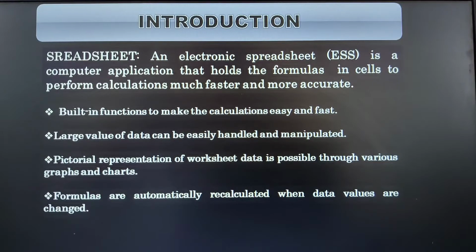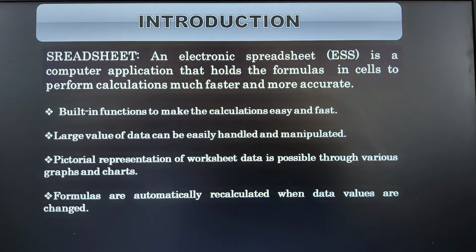Suppose you have 10 values and you have already calculated the sum of those 10 values. But somewhere you realize that for the 6th value you have wrongly entered the data. You just go to that particular cell and change the data. The formula will automatically recalculate your data.